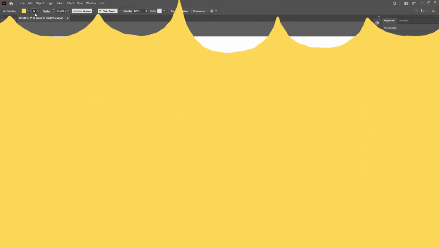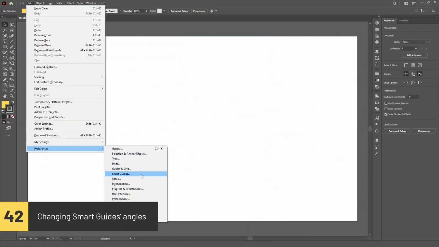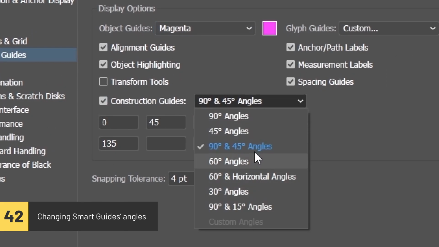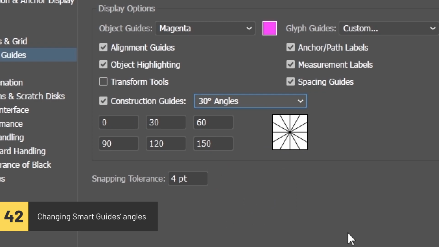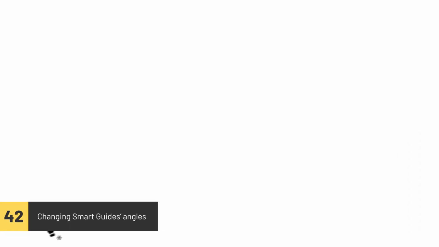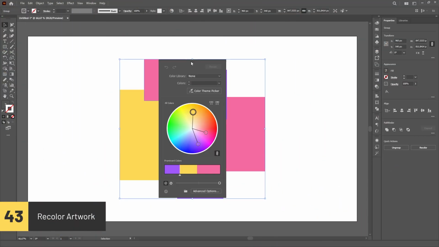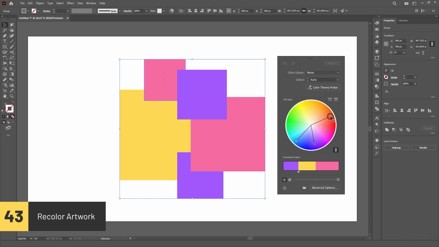You can change the angles in which the Smart Guides will snap while creating objects by checking the Construction Guides option in the Smart Guides tab of the Preferences menu and choosing which angles you'd like the Smart Guides to snap to. You can recolor your entire artwork in a simple way by using the Recolor Artwork option